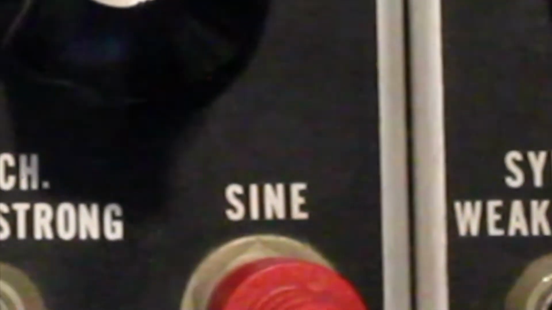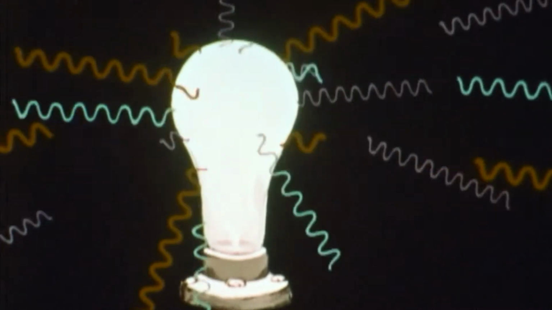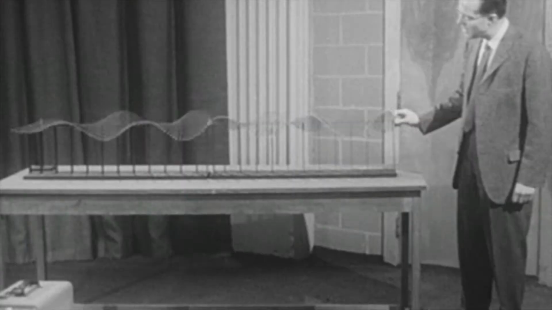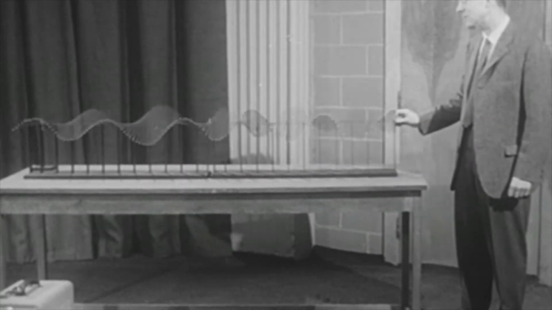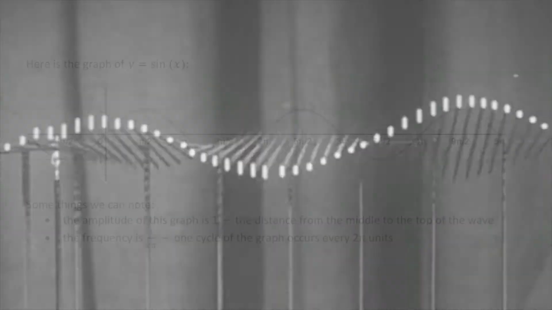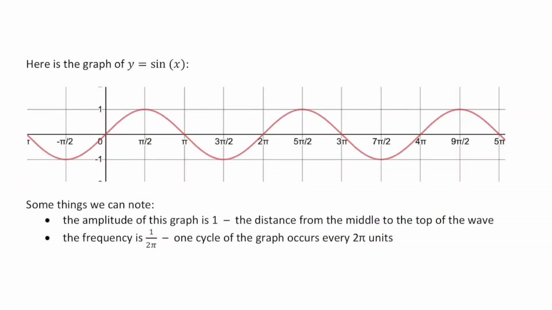We will look at examples of function composition by hearing and seeing what is called a sine function. Even if you have never taken trigonometry, you actually see and hear sine functions all the time, since light and sound are made of a whole bunch of sine waves, which are the graphs of sine functions. We will look at a simple sine function and its graph to start. Here is the graph of y equals sine of x.